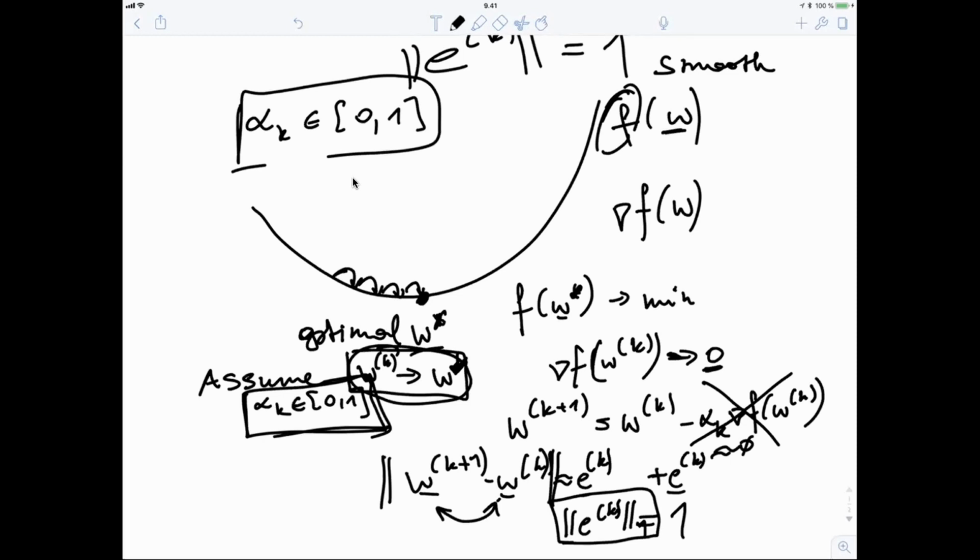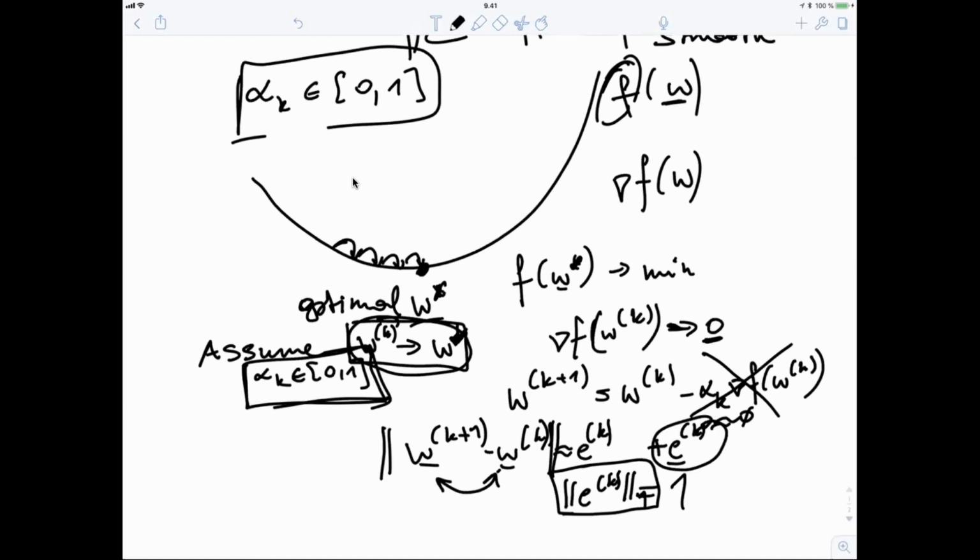So the answer was no, it's not possible to find a sequence of step sizes such that the perturbed gradient descent steps converge to the optimum of the function. But there might be certain choices for these perturbations, or certain sequences of perturbation vectors that have norm 1, where the perturbed gradient descent iterates still converge, but not to the optimum. They might converge to some other point that gives a gradient that just counteracts the perturbation that you add in the gradient descent step. However, it cannot converge to the optimum.